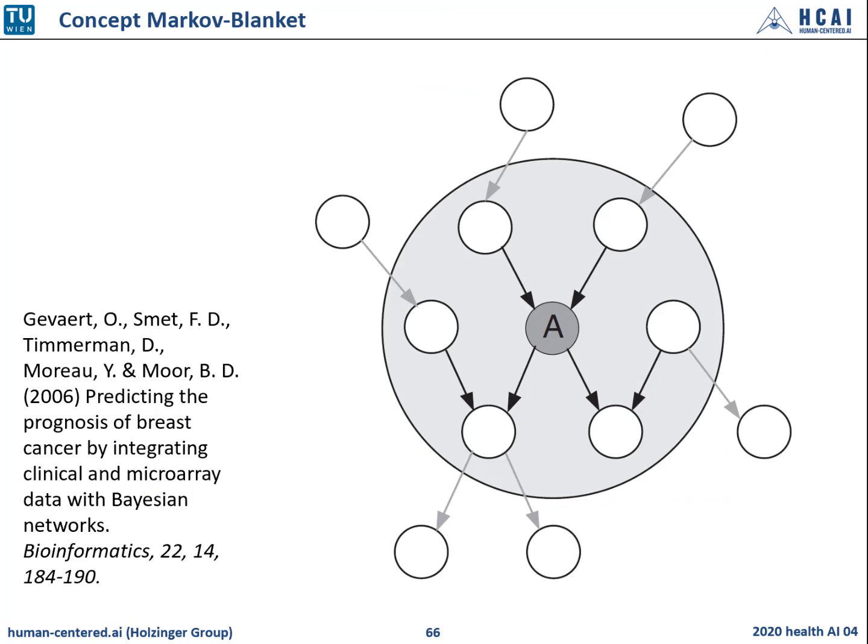Okay, the concept is the Markov blanket. The Markov blanket of a variable A is composed of the variable's parents, its children, and its children's other parents. Here the Markov blanket variables are shown in a gray circle. And in machine learning, the Markov blanket for a node A in a Bayesian network is the set of nodes composed of A's parents, its children, and its children's other parents. In a Markov network, the Markov blanket of a node is its set of neighboring nodes. A Markov blanket may also be denoted by MB.